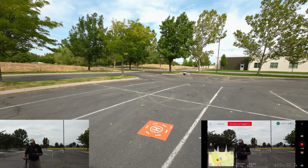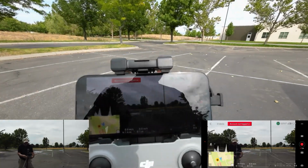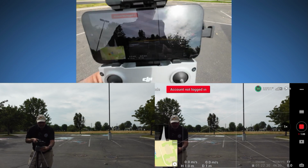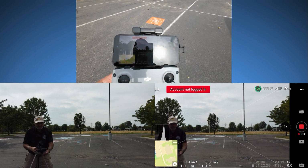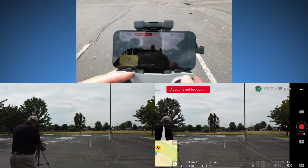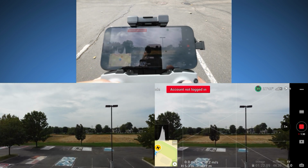I'm going to lower the camera down here so that you guys can get a look at what I'm looking at on the FPV screen. Hopefully you guys can see that, and you'll be able to see if this guy dims or not. I'm going to drop this thing down a little bit more, and you're kind of seeing my reflection. So I'll tell you what I'm going to do. I'm going to turn the other way and see if that helps. That does help, so you'll be able to see the screen a little bit better. My problem is I can't see the drone then, so I'm going to go straight up and over the top of us